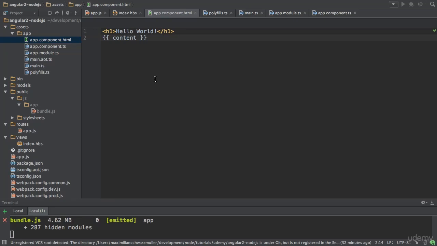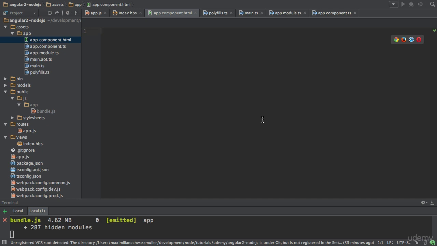In the end of the course, I want to have an application where we are able to log in, log out and so on, and create messages, as well as edit and delete them. Well, we're not going to write all of that in this video, but let's start with the messages part. I'll get rid of the hello world and content thing here so that the app component HTML file is totally